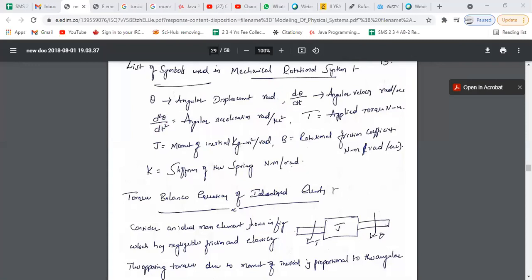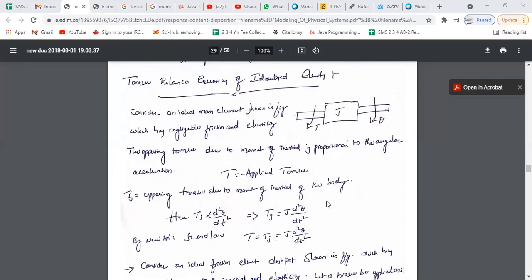Now we should write torque balance equations. What are the torque balance equations? See, here the direction of the torque and the direction of the displacement, if you observe, this is around an axis. It is rotating around an axis. If this is some cylindrical rod, how does the rotation of a shaft happen in a motor? So it is rotating about an axis. Here the torque is like this, the direction of the torque, and the direction of the displacement is also in the direction of the torque only.